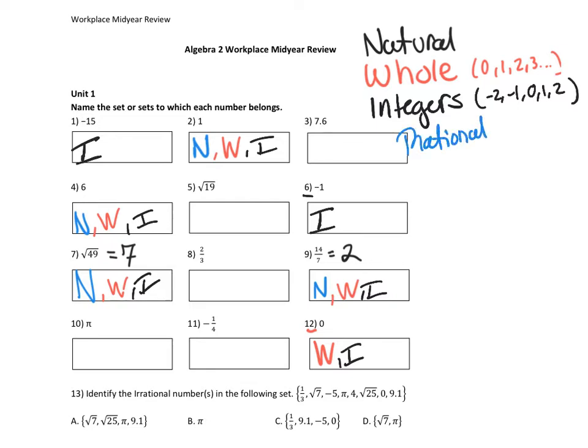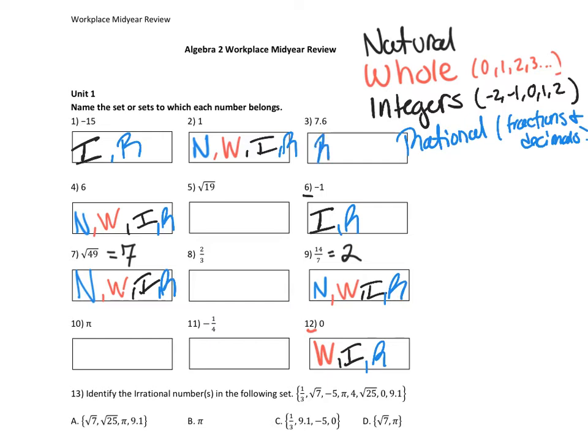Okay, then our next group is the rational numbers. This is where we have our fractions and decimals now added in addition to everything else that we've already labeled. All natural, whole, and integers, all of those are also rational. So I'm going to go ahead and label, again, all the ones I've already labeled, they're also rational. And then we add in any positive or negative fractions or decimals. So number 3,